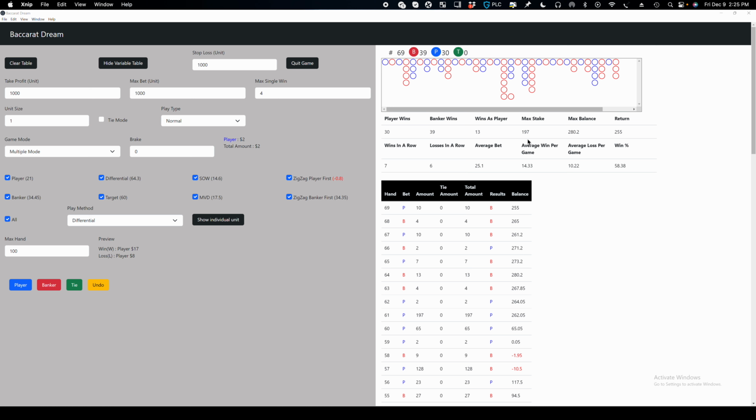Your biggest bet would have been 197 units. Now, for some people, that might be too much to stomach, but we are playing 8 bet selections currently, using differential as the means of making all those bets. And for those who are familiar with differential,